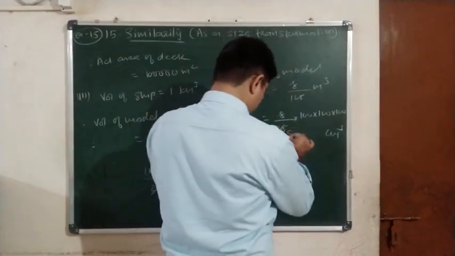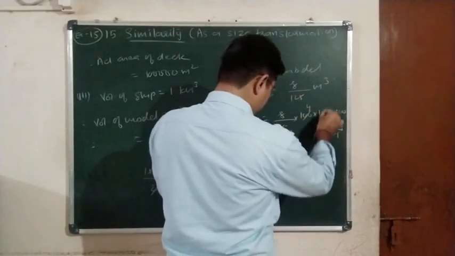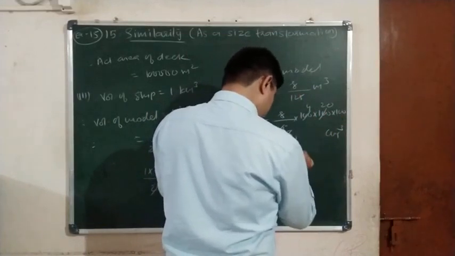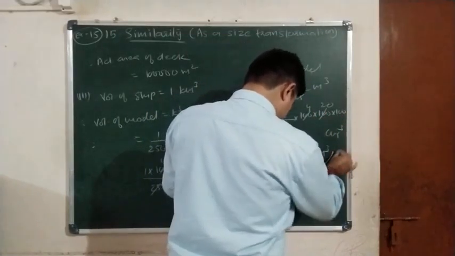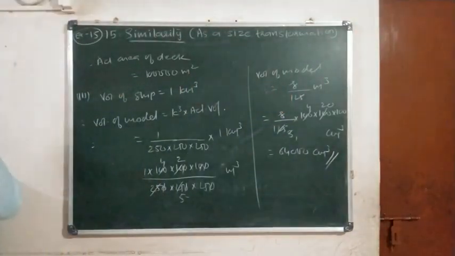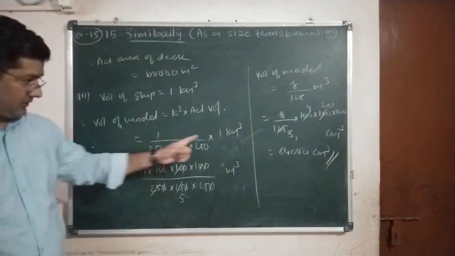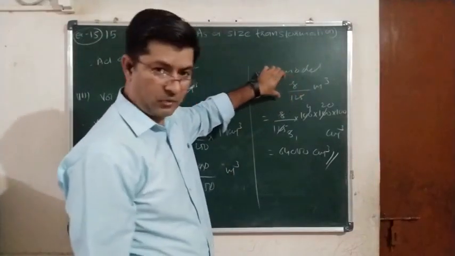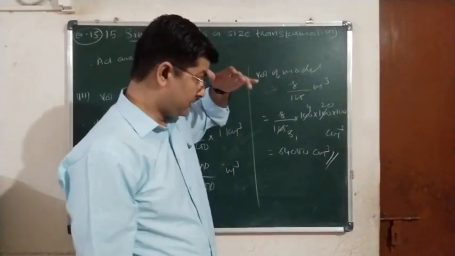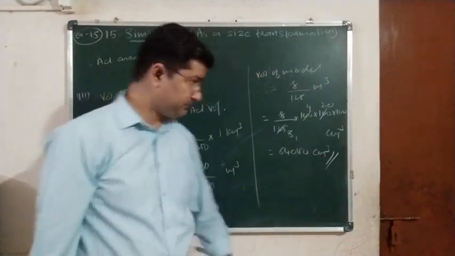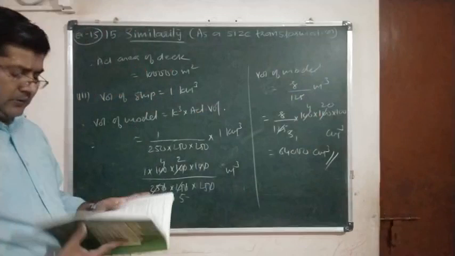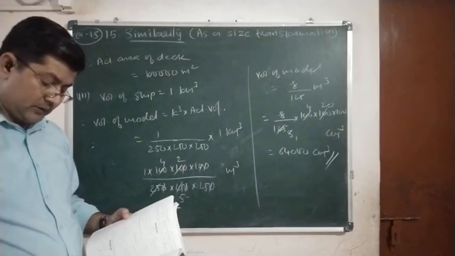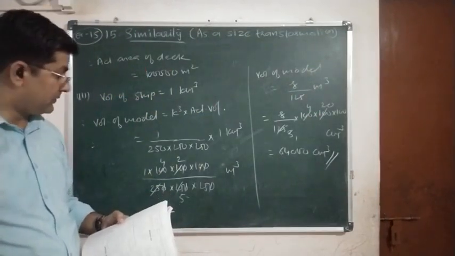25 5s are 125, 25 4s are 100, 5 1s are 5, 5 20s are 100. So 8 is the 64, 64000 cubic centimeters. Yes or no? First what we did here, we converted cubic kilometers into cubic meters. Then this will be a too small answer, okay, 0 point something. So better we convert this cubic meter into meters. Clear? So the answer for 15th is yes, 64 cubic meter it is.